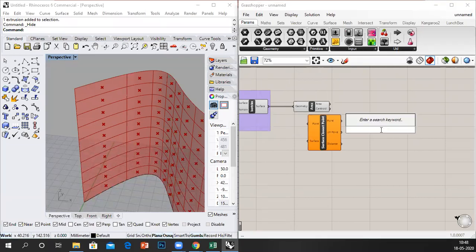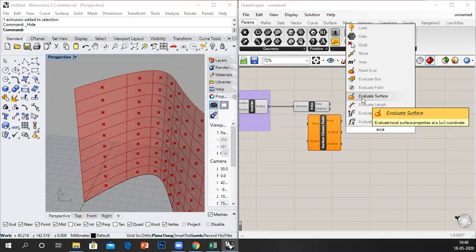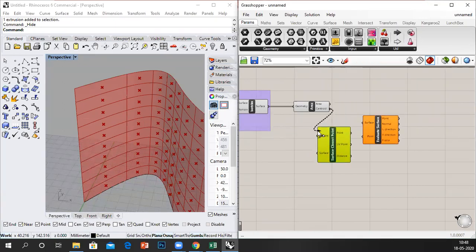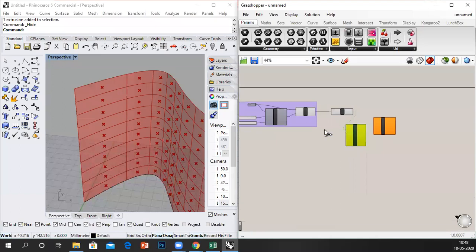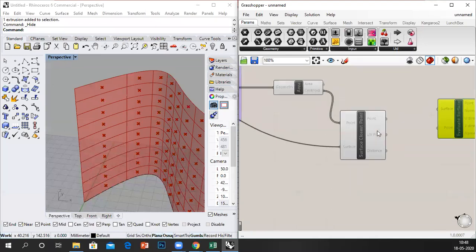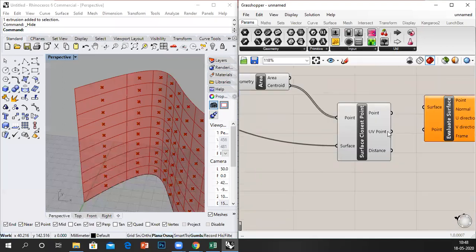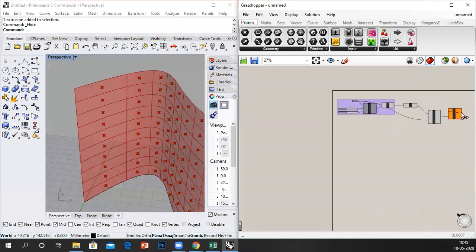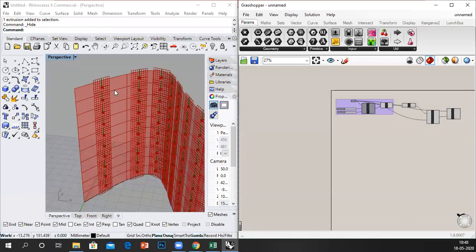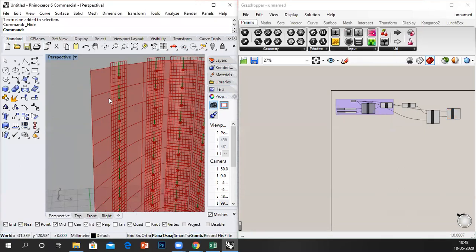Next, evaluate surface. Surface closest to point: the points are on the surface, then the bigger surface. The UV point is going to be our final point and the surface is again going to be our original surface. So we've got all these planes happening.